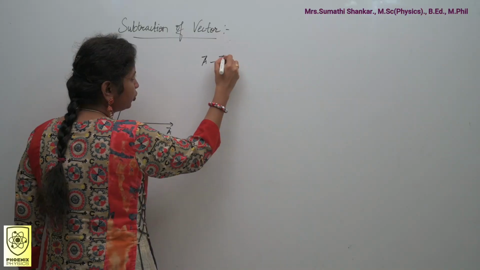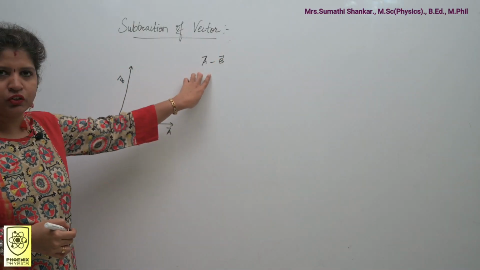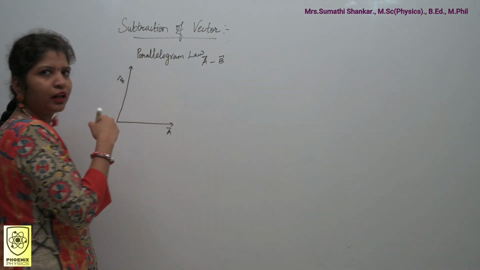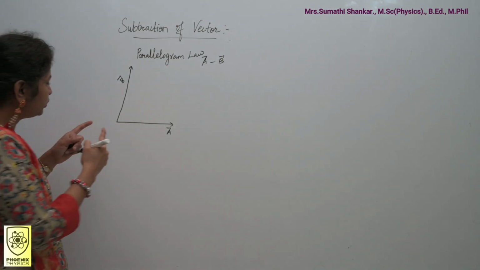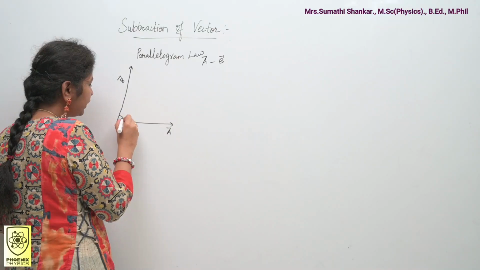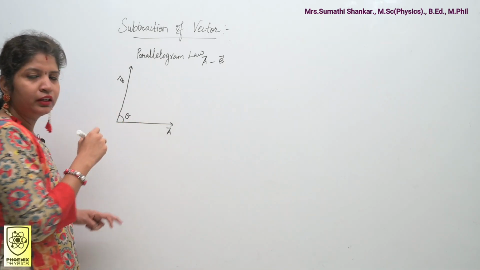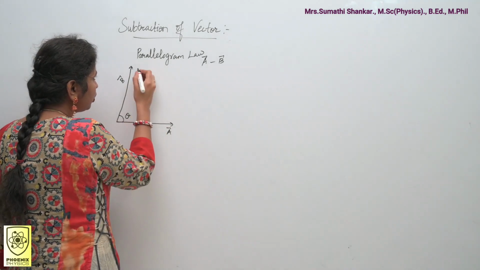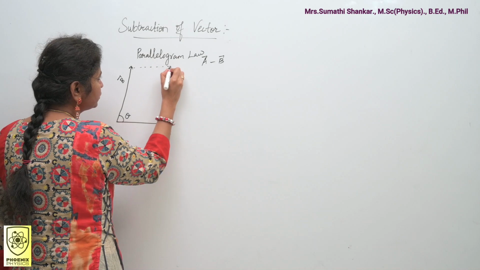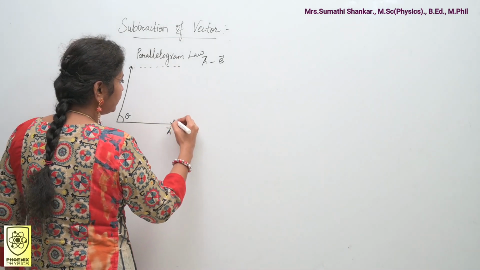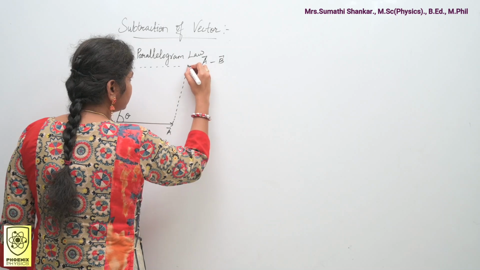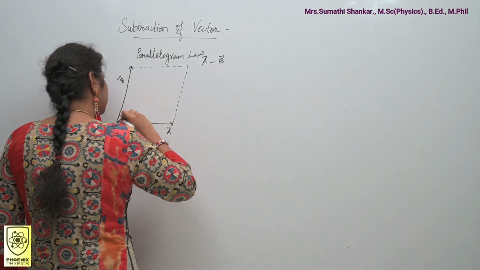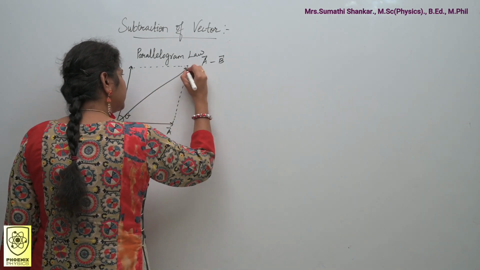Up to this clear? I am going to subtract two vectors, that is A minus B, using the parallelogram law of subtraction. If it is a parallelogram, we should connect both the tail ends of the vectors. Here the angle should be inside because I connected the tail ends of both vectors. You complete the parallelogram: draw one parallel line to the A vector, again draw one parallel line to the B vector. So the resultant will act on the diagonal. So this is my resultant vector.